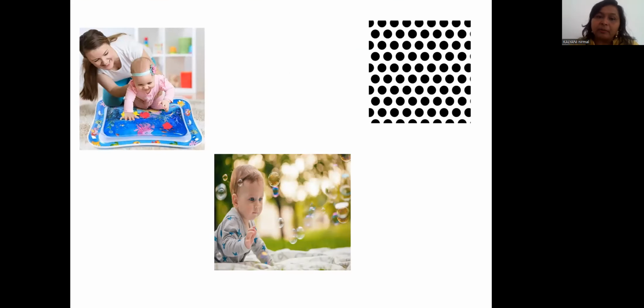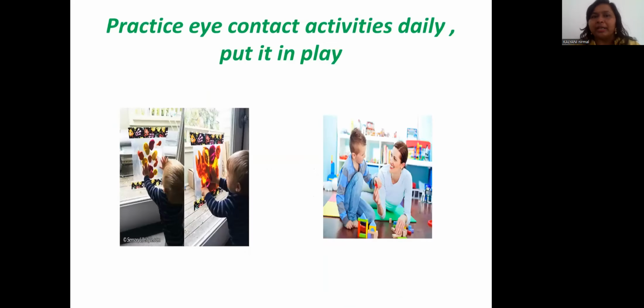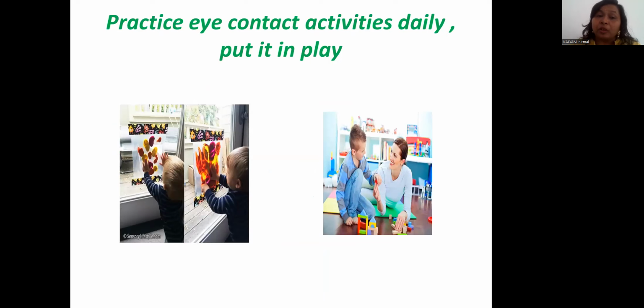You can use a bright color mat. You can use bubbles as a play activity, and the black and white image which I have shown can be used. You can use different patterns in it. You can have proprioceptive input with color, that is for vision, and most important, intermittently put in your time for your child, turn by turn. All your family members can do that, going to him, or calling the child to them, and practicing the eye contact will be regular for them.